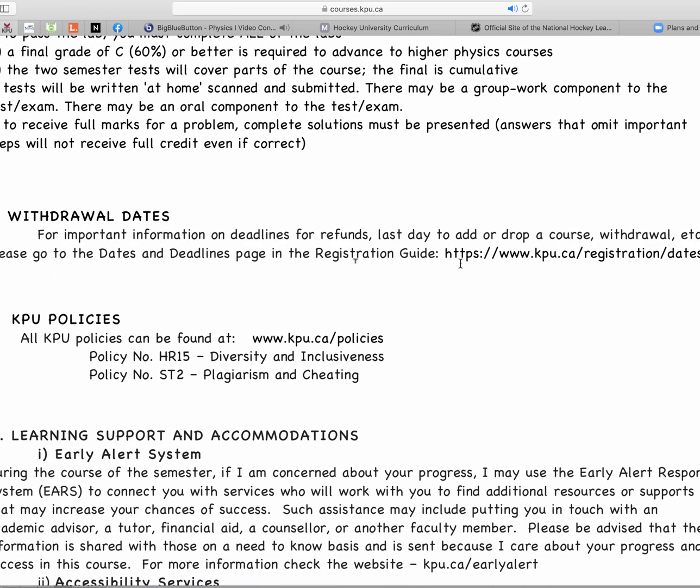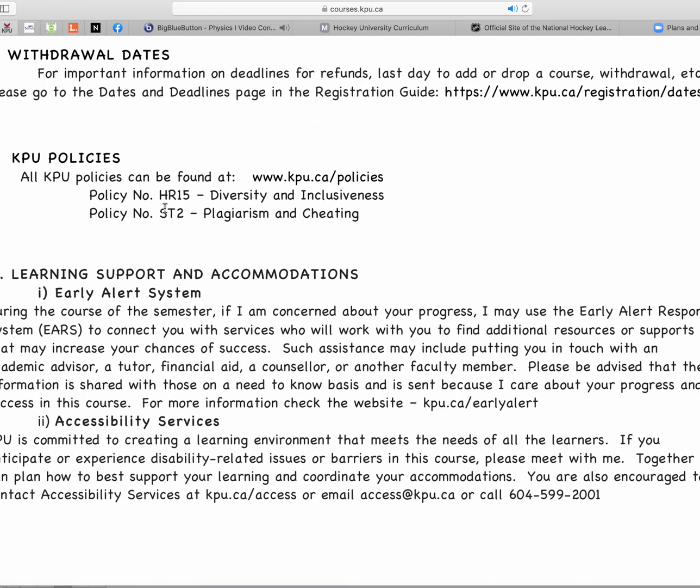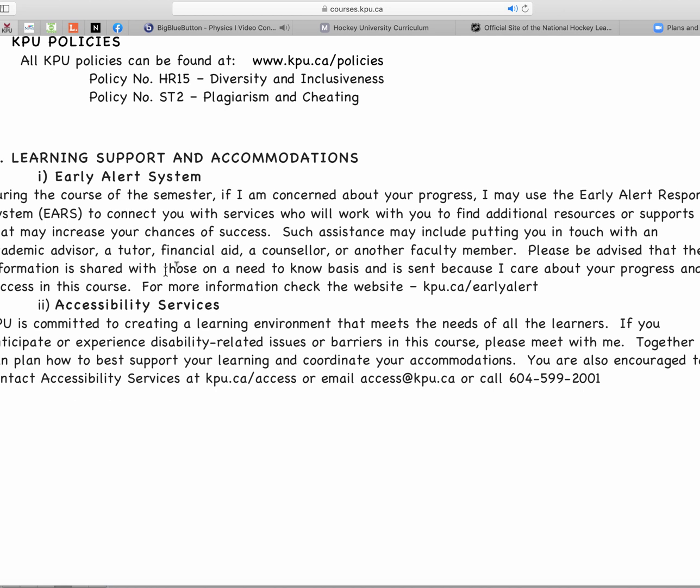Okay, dates and deadlines are here. Policies basically say be nice and don't cheat. And then this just says that if you're struggling, I may call on something known as the early alert system, where if I see, for instance, the work's not being done, you've missed a few assignments or something like that, I'll just get somebody to give you a call, and they can help